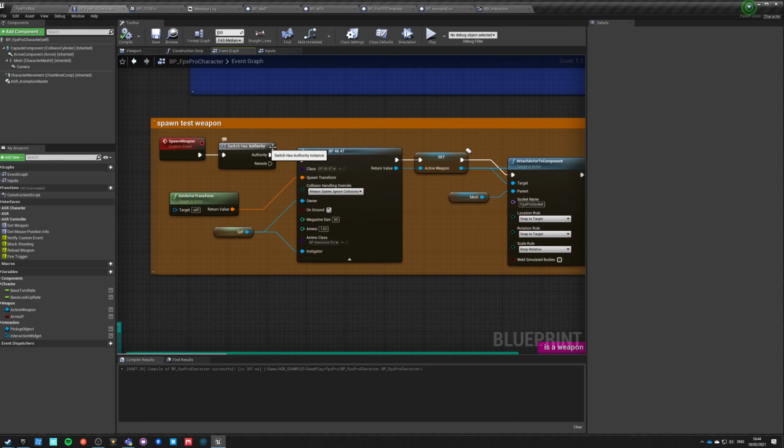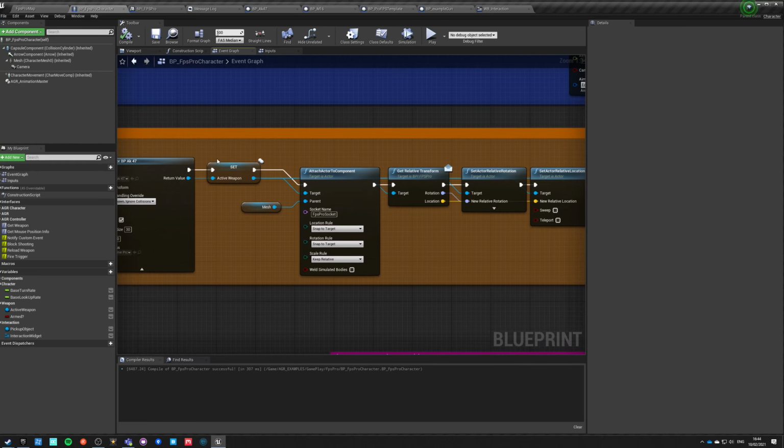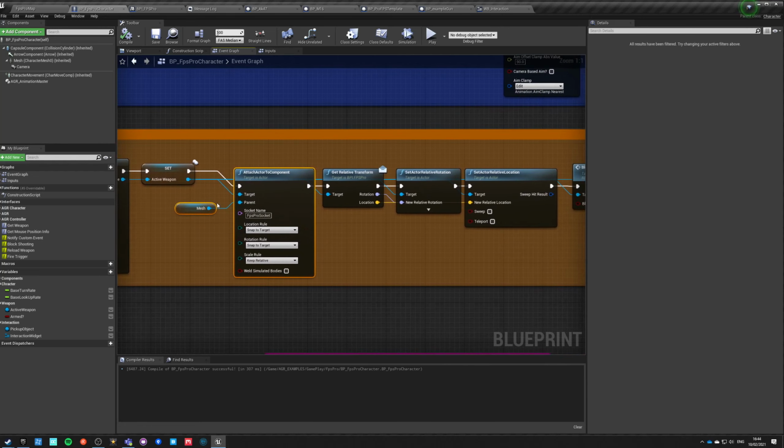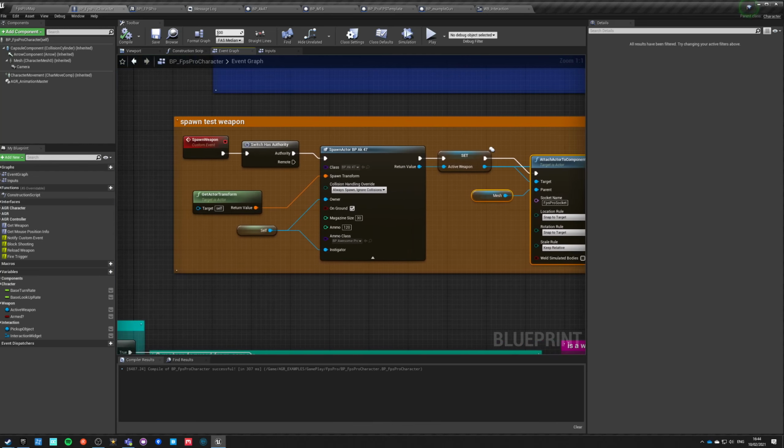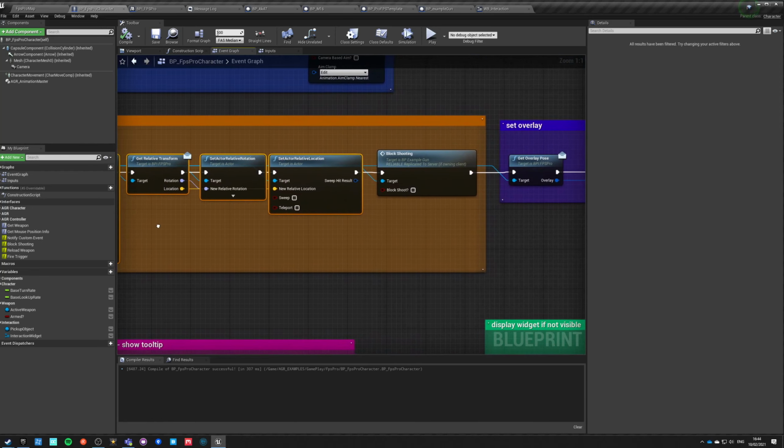So here we are spawning an actor and setting as a reference. We don't have to do that anymore. And then we are attaching to a component, which we will have to do, and it has to happen on the server. And then we have to set this relative rotation and location, which is also happening on the server, and that's enough. So that's cool.